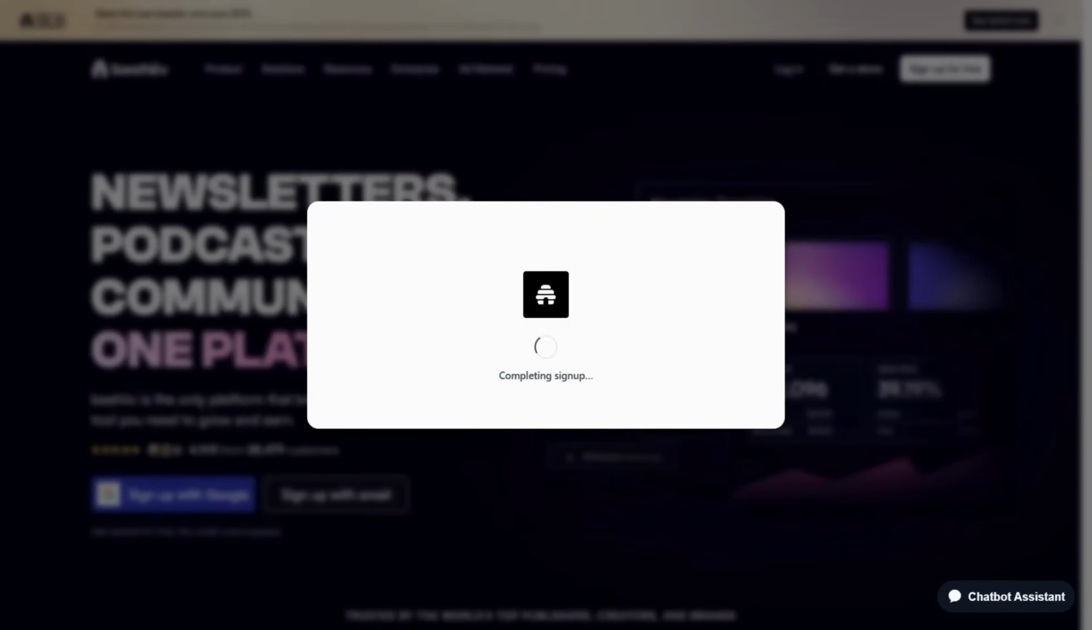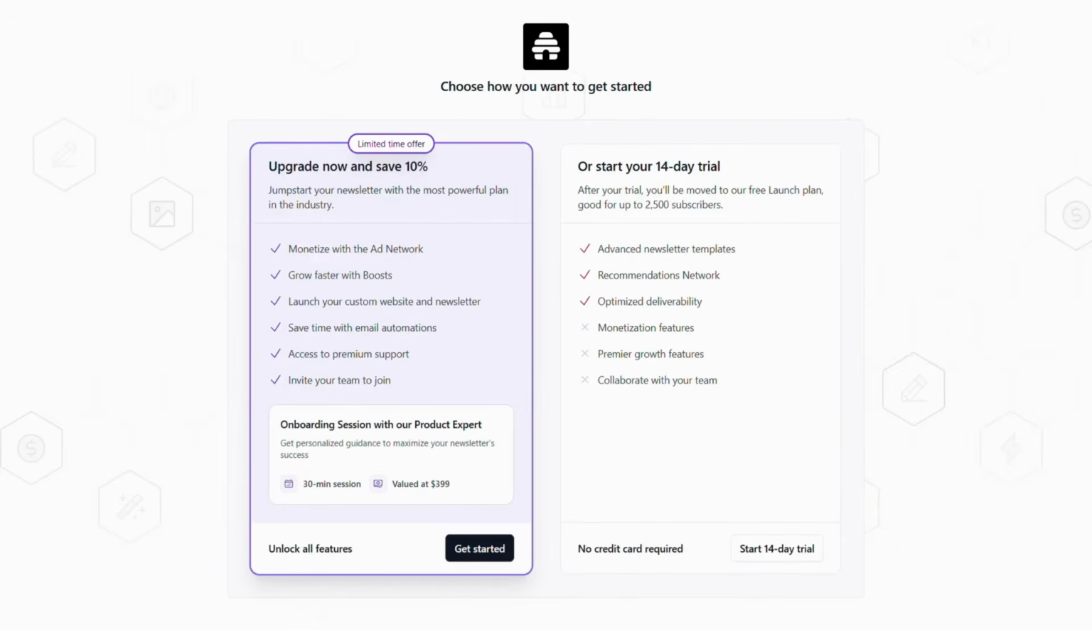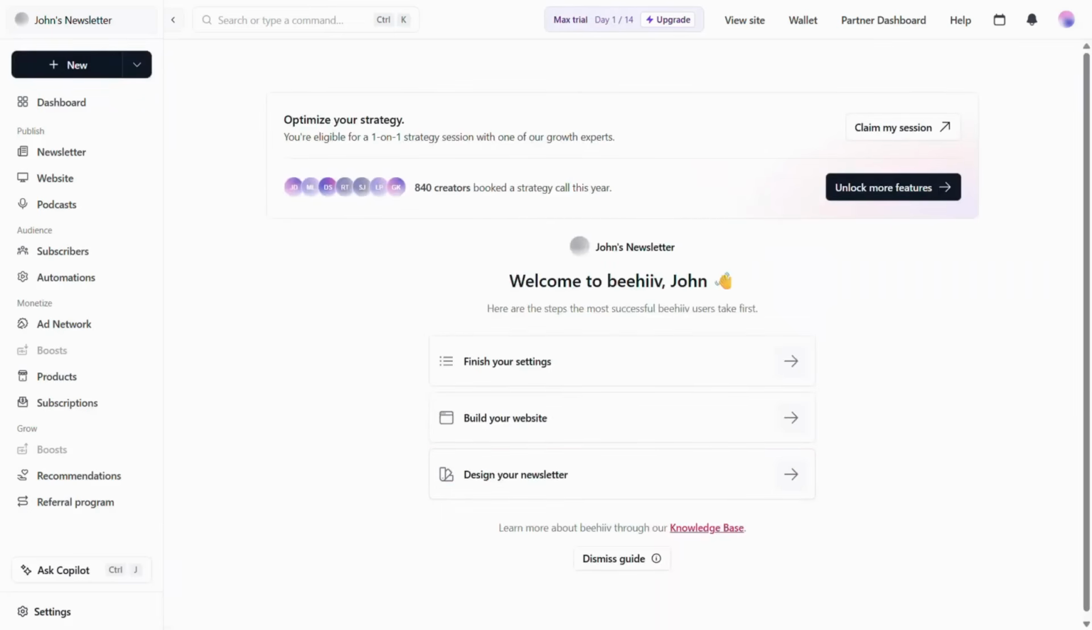Next, claim your Beehiiv URL, then click Continue. After that, choose the 14-day free trial plan and complete the remaining setup steps. Once everything is finished, you'll be taken to your Beehiiv dashboard. Now that your account is ready,